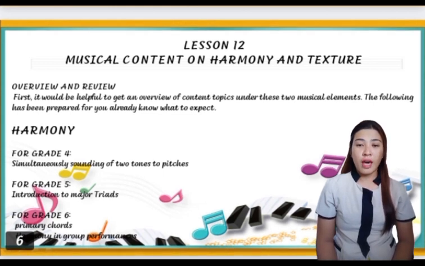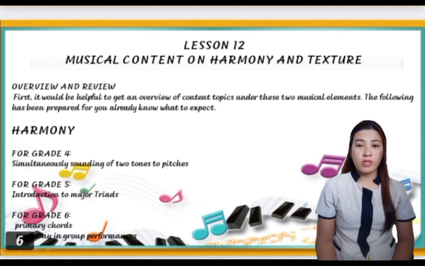Introduction to the Major Triads. A triad consists of three notes stacked in consecutive thirds. A triad is also called a chord, as well as harmony. Harmony also refers to chord progressions. The lowest note of a triad when it is stacked in thirds is called the root. The middle note is the third and the highest note of the triad is the fifth. For grade 6,